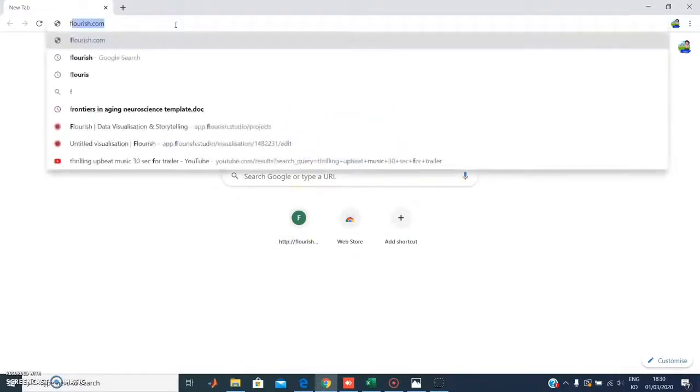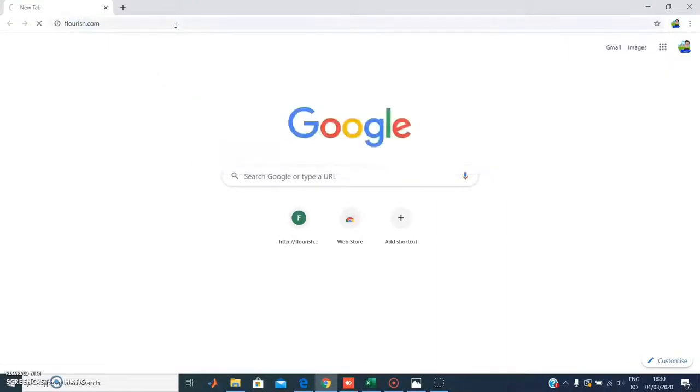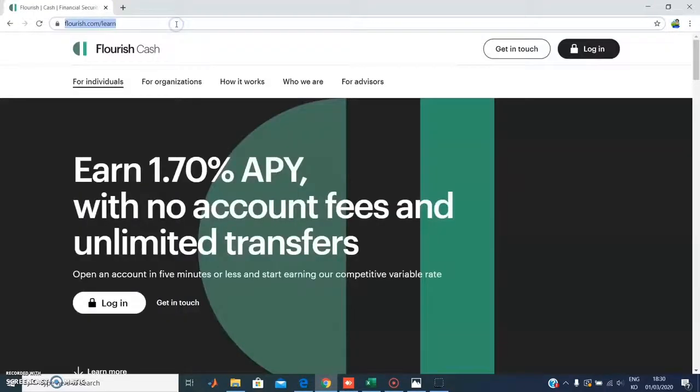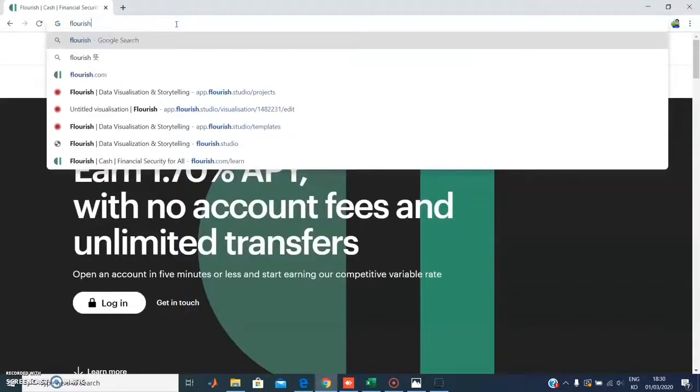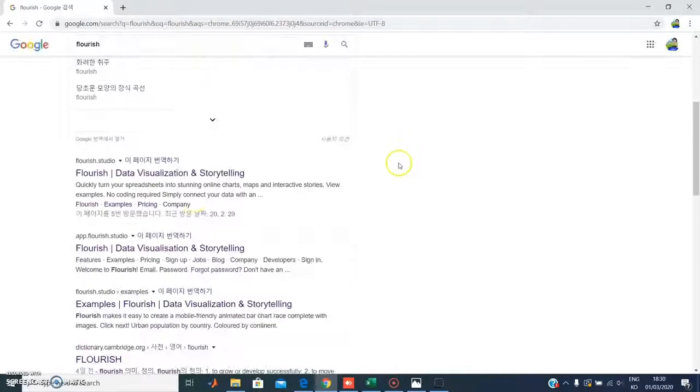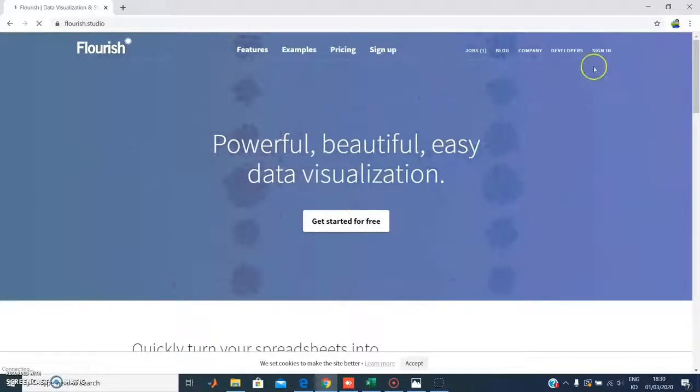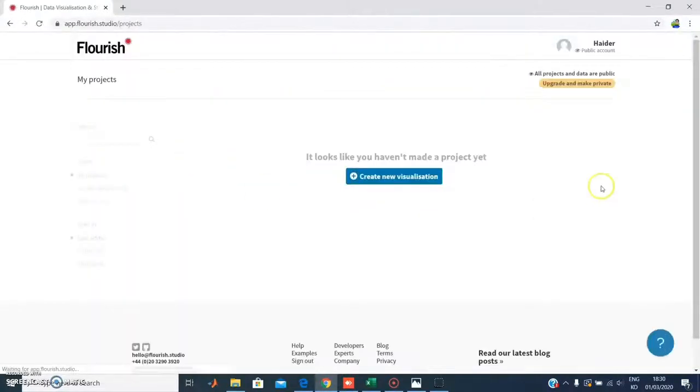Okay, so I'm going to explain how to make such graphs. They're actually known as racing graphs, and you can easily make them on a website named flourish.studio. I actually just spelled it wrong. So the name of the website is flourish.studio, and you can easily use it to make different kinds